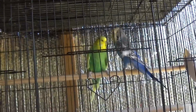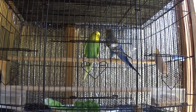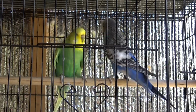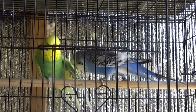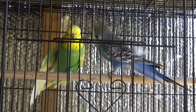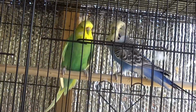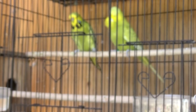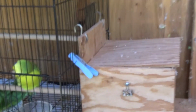But with finding her out of the nest, having Gidget stop laying, I'm beginning to think that the whole ventilating the box thing is not a great idea. So I'm not going to do it. I'm just going to leave her box shut, and I'll leave Lilith's box shut as well. That brings me to